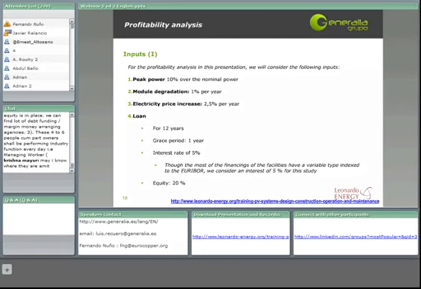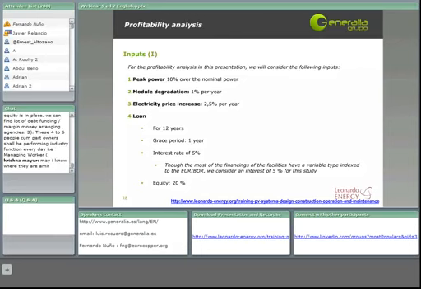So it could be a good consideration. We are also considering an increase of the price of the electricity of 2.5% per year, and we have chosen a loan of 12 years with a grace period of 1 year, and